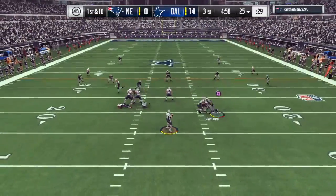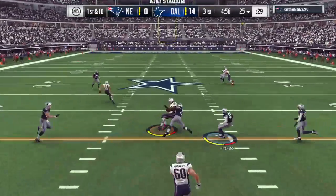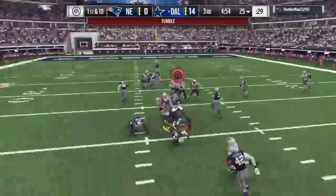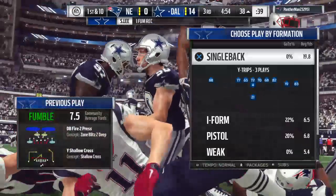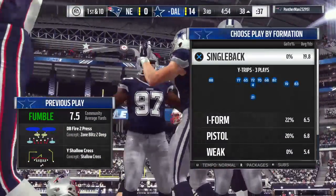On 1st down, Brady. And this one complete to Martellus Bennett. And it's a fumble. And they have possession, and they have it at the 38-yard line. Now we take a